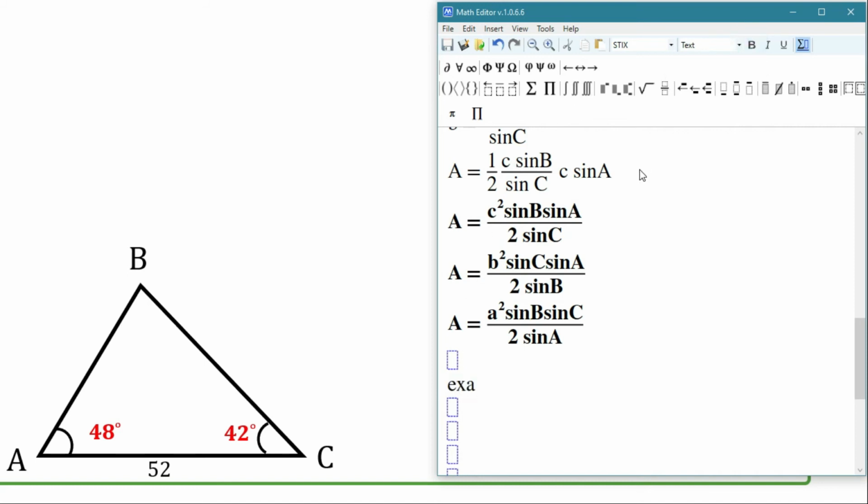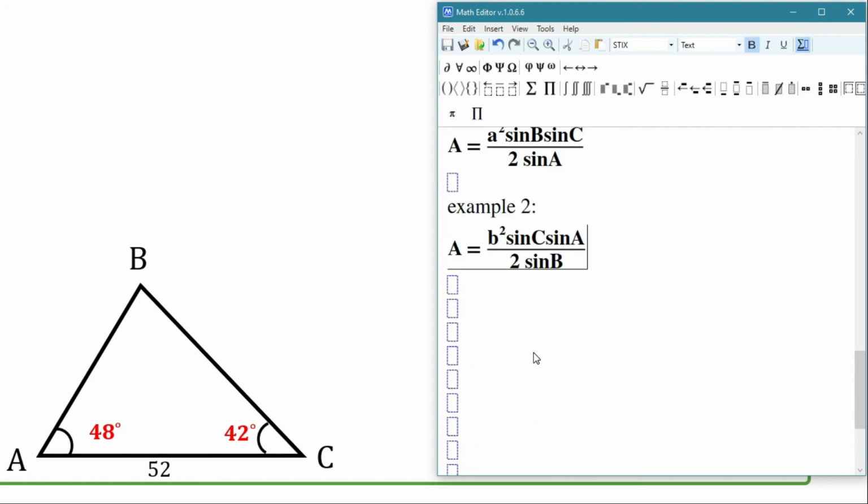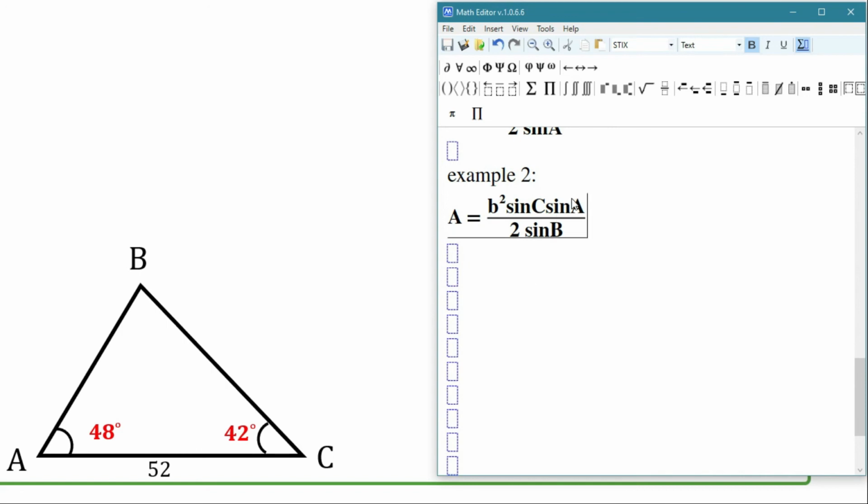Alright? So, that's going to be the area equals b square times sine of c times sine of a over 2 sine of b. Okay? Now, uunahin muna nating makuha would be the measure of angle B. And for us to get the measure of angle B, we will use the relationship that the sum of all angles of any triangle is 180 degrees. So that is angle A plus angle B plus angle C is equal to